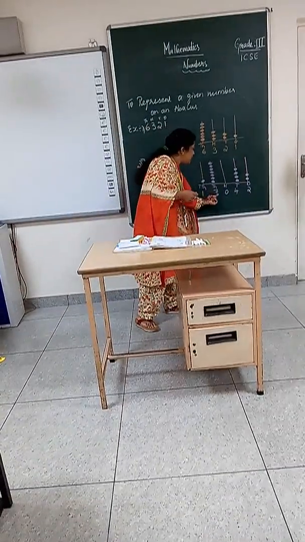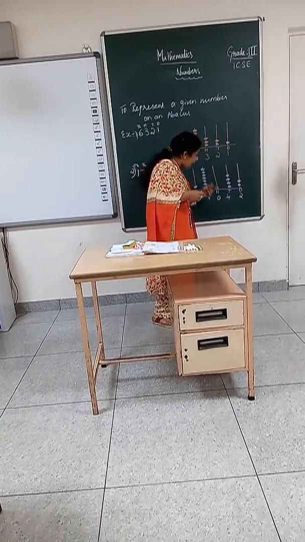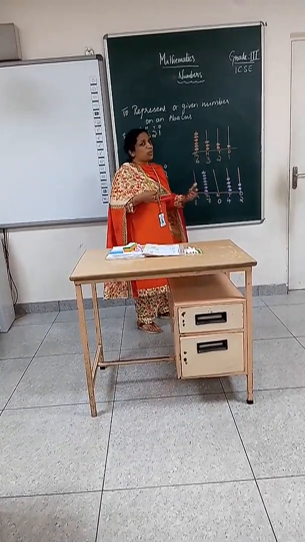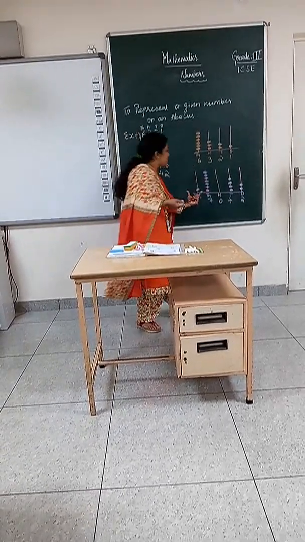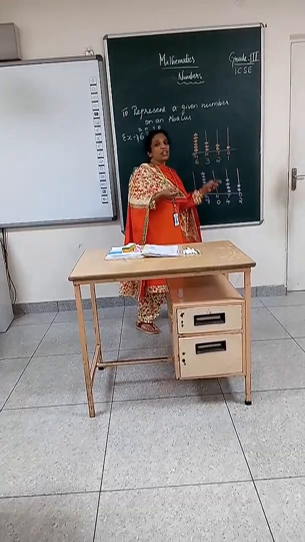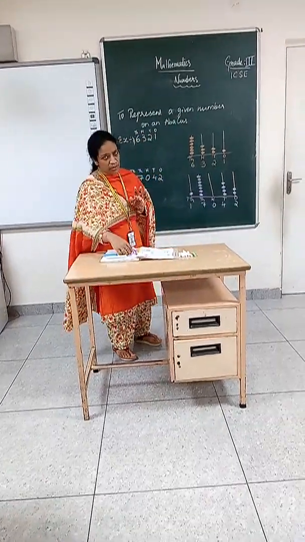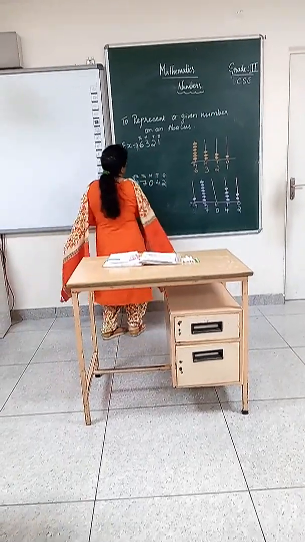It's 17,042. Since hundreds place is 0, we don't mention it. So therefore we are going to read this number as 17,042. Okay, I hope this is clear to all of you. Yes, children. Now next we'll just move on to write